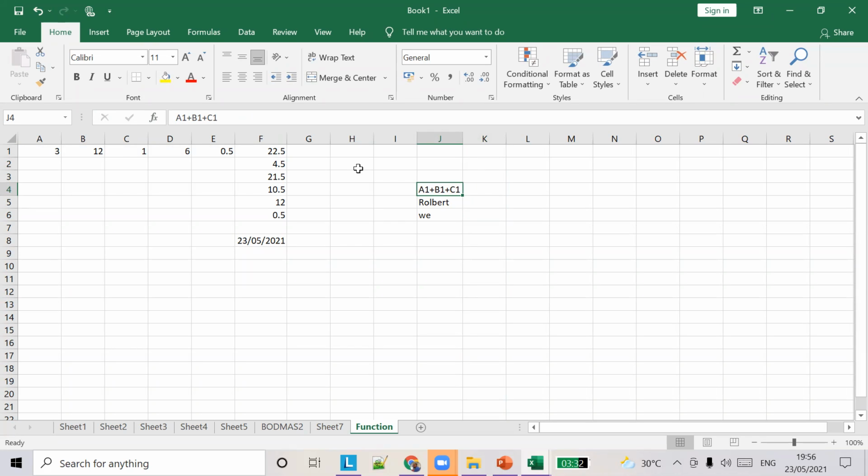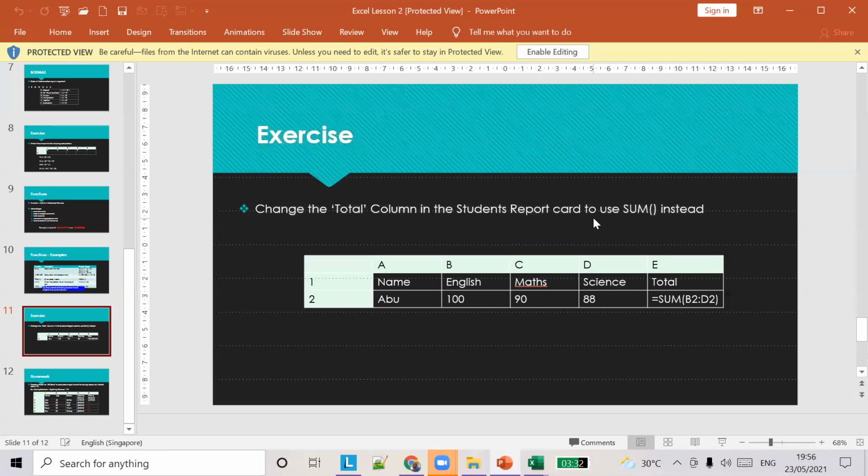Excel will find that it is a formula only if you type is equal to. So you type is equal to, and now you can see the cell references all highlighted. You tap out, you will find the answer here. If you remove this is equal to, it's just a text like anything else. So it should always start with is equal to.